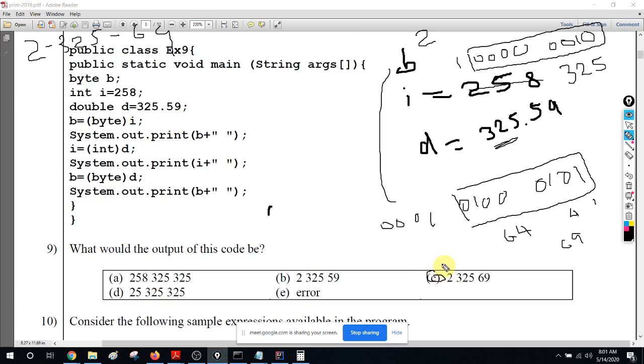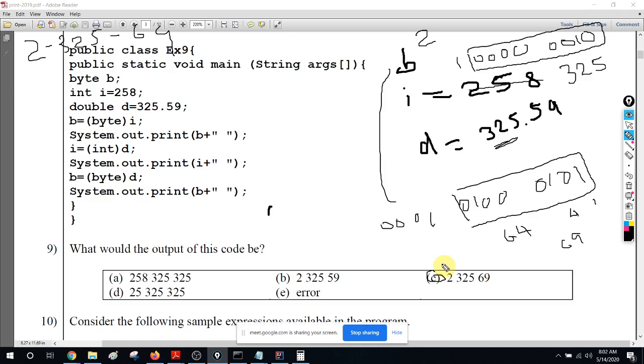So you can see, you have to be very confident of what is happening when it comes to casting, right? If you have any questions, you can ask. I think this is one of the trickiest questions in your 2019 paper. So what are the points you have to remember? When you cast from bigger to smaller, you must do explicit casting. If it is whole numbers, whatever the width is on the left side will vanish, so only the rightmost corresponding bits for that data type will be used. The other bits you have to ignore and get the value.